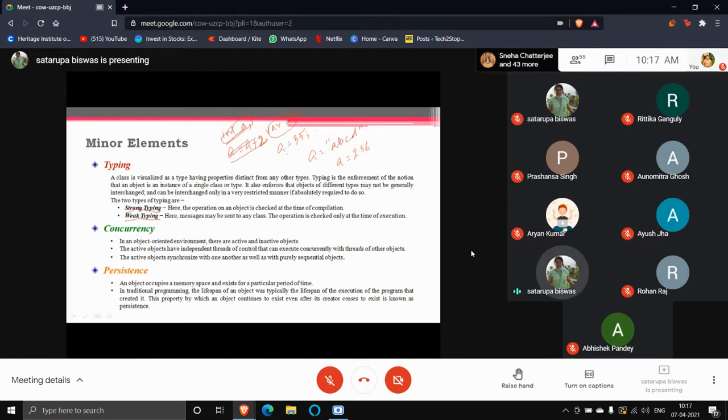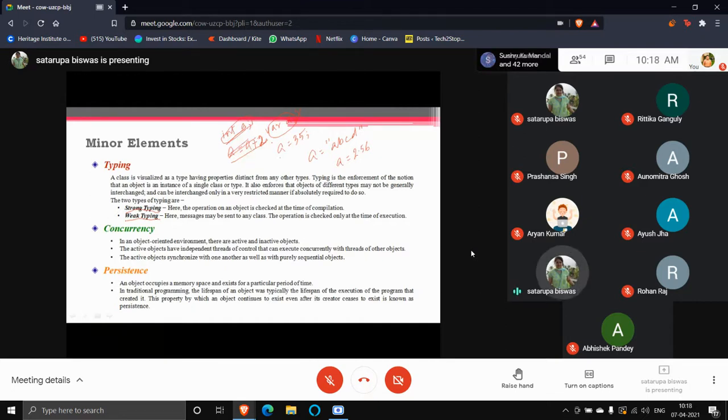So how will it decide which type of data it is? With the usage. Okay. So when you are trying to keep some integer data, the compiler or interpreter, whatever it is using, will decide that it is an integer type of variable. So the variable type is decided completely depending on its usage. So that is called the weakly typed language. Java and C are strongly typed languages. JavaScript is a weakly typed language. You have many more different languages. Try to find out which type of language they are. Okay, so this is called the typing.